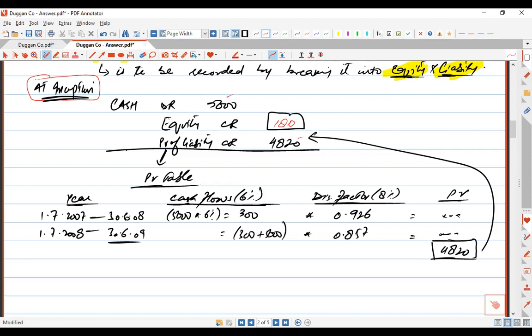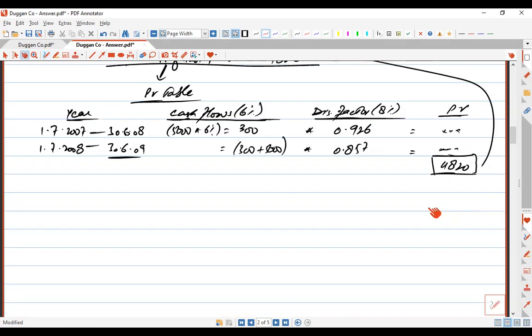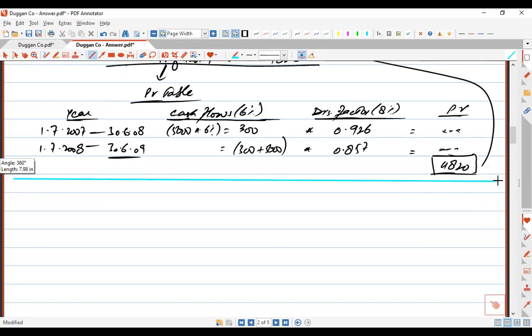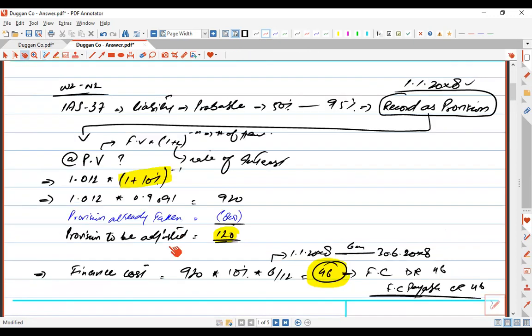Now what next is there? After recording at inception, after initial measurement, what to do in the subsequent measurement? For the subsequent measurement, make an amortization table, or we can say an amortization schedule, to unwind the liability. Because as we were talking about the present value under IAS 37, we first